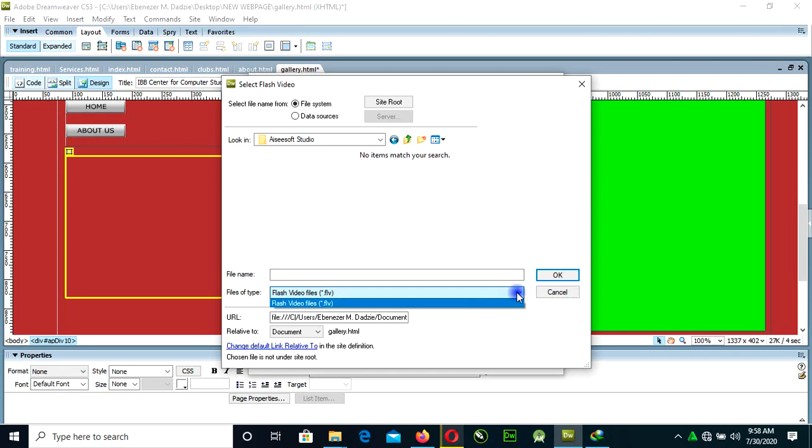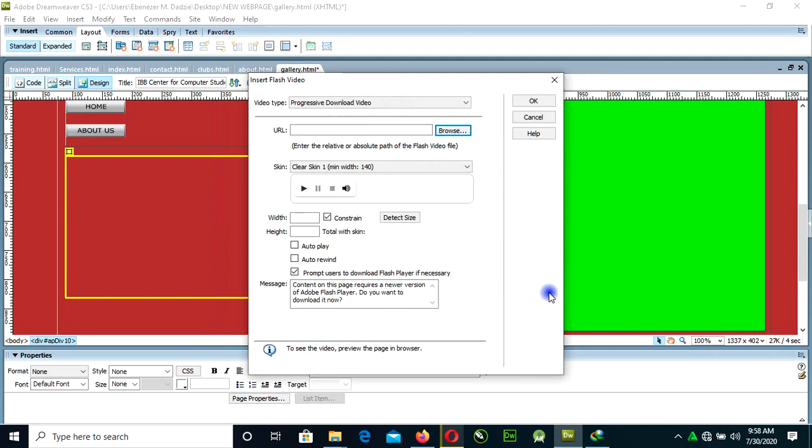If you want to insert a video, your video must be converted into FLV, that is flash video. FLV helps you to insert a video into your website. You can see that I do not have any video there. So I need to